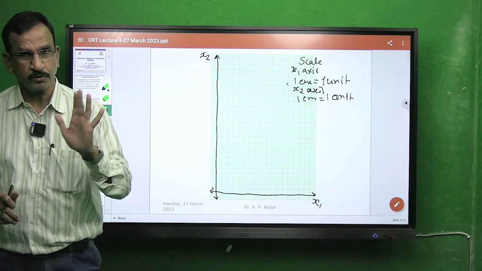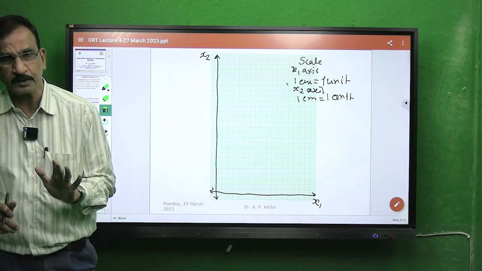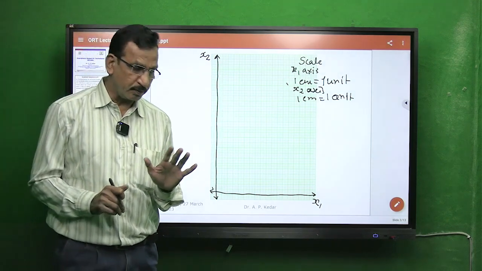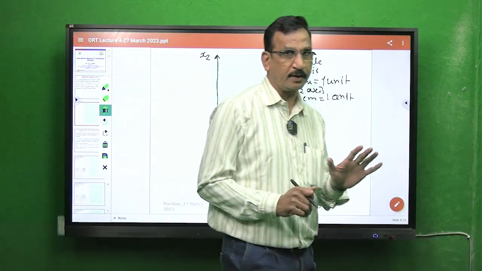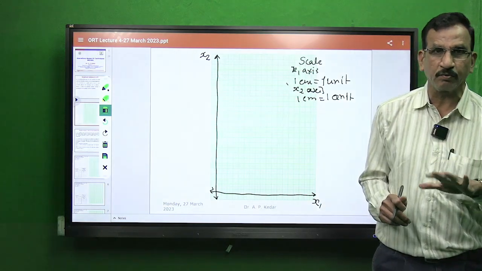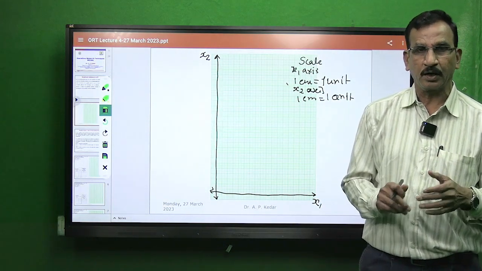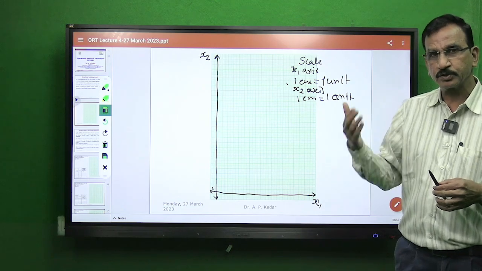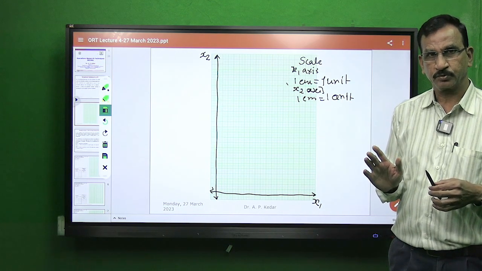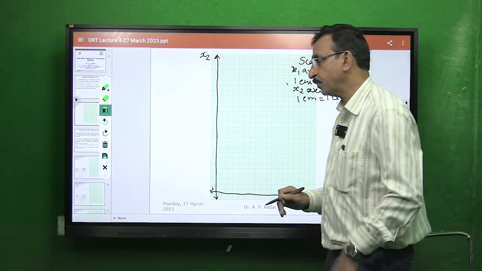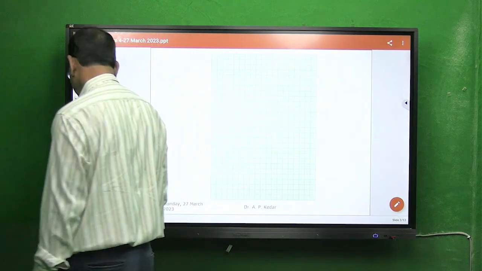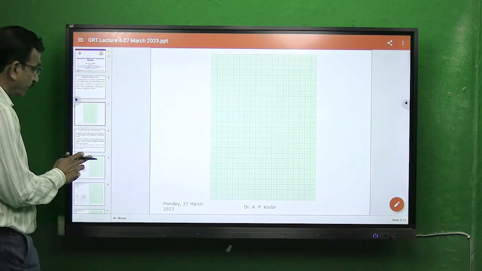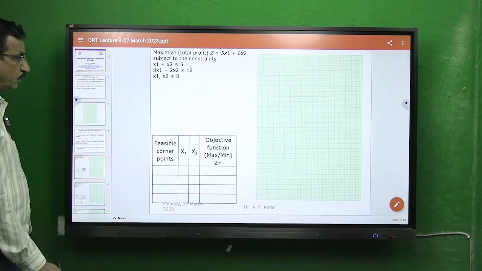Scratch means whatever decision variables we are assuming, those decision variables are taken as equal to 0, and only after that we'll go ahead for improvisation of the given problem. So this is the theme. Now let us go for finding the solution to the problem. So here this is the problem